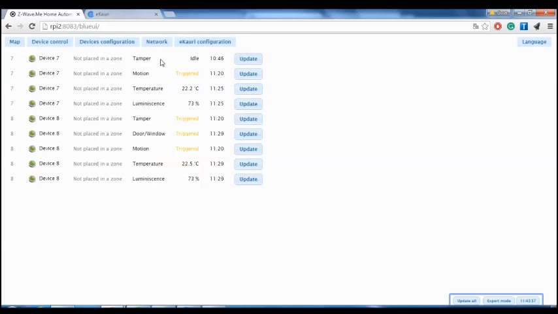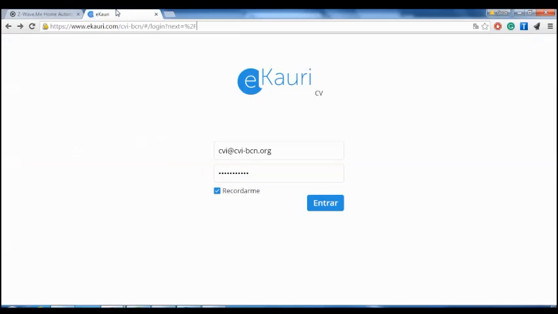Well, it seems that everything is working here, but this is the configuration interface, and this interface is used by the installers of Ecanri and not by the end users, the caregivers or the doctors, the family members. They don't enter this interface. They enter directly to ecanri.com/ and then the name of the tenant, in this case CVI BCN. So you go to this web page and you enter,